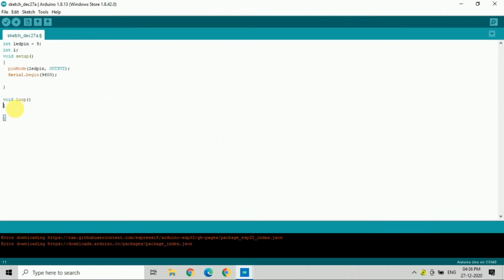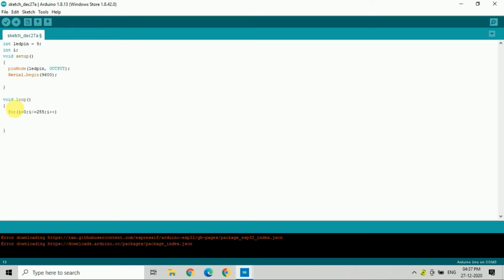Okay, so let's come to void loop. Here we will use a for loop. i is equal to 0; i less than or equal to 255; and i plus plus.